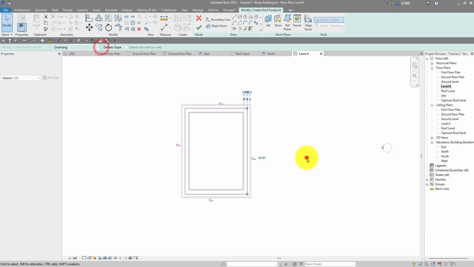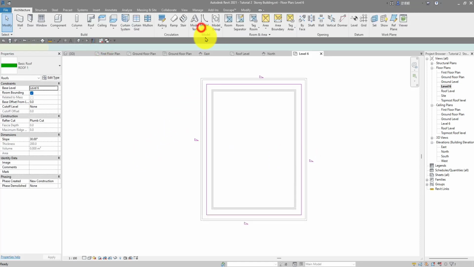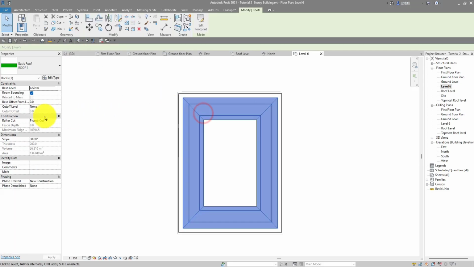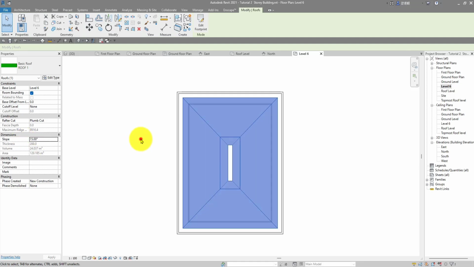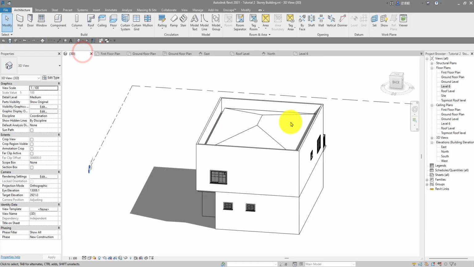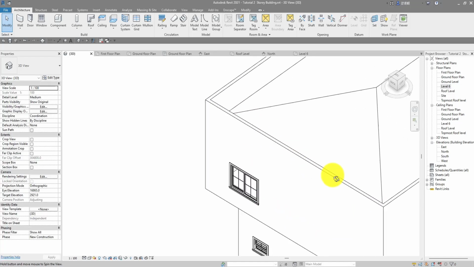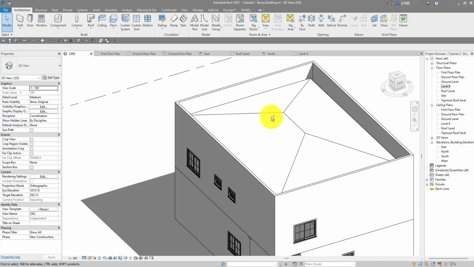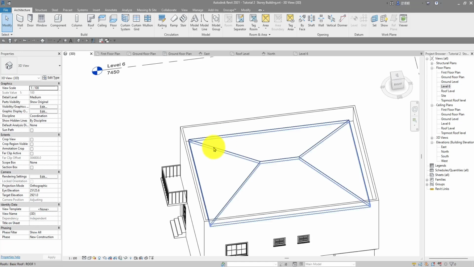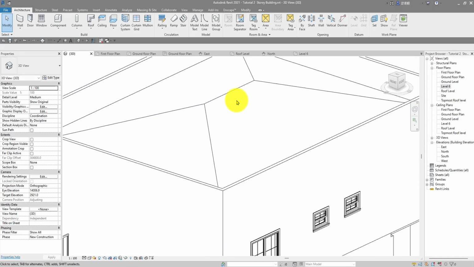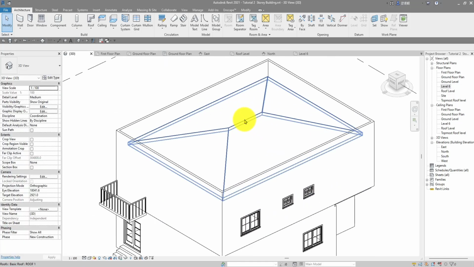But I want everything to slope. I want it to be like a gable roof. So now I'm going to hit the check button, and then there we go. We have our roof created in there. But I'm going to change my slope angle. I'm going to make it 15 degrees. All right. So now I'm going to go into the 3D view, and yes guys, you can see we have our roof created in that space over there. So we can see. So now we're going to create